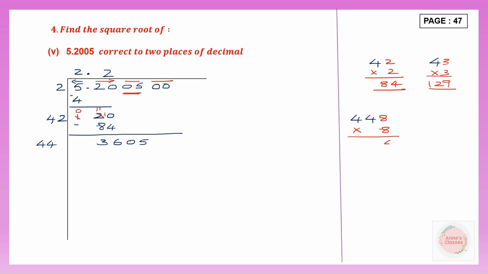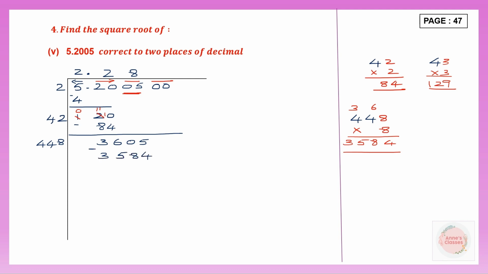8 8s are 64, carry 6. 8 4s are 32 plus 6 is 38, carry 3. 8 4s are 32, 33, 34, 35. So 3584. So that is a number that we can put here. That means next to 44 I need to write 8. So let me write 8 here. So this is 8 and into 8. So 448 into 8 is